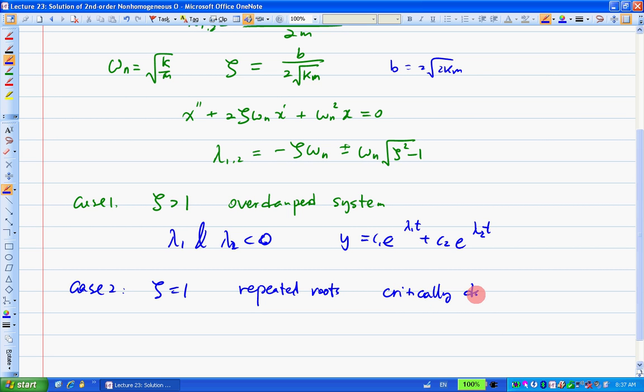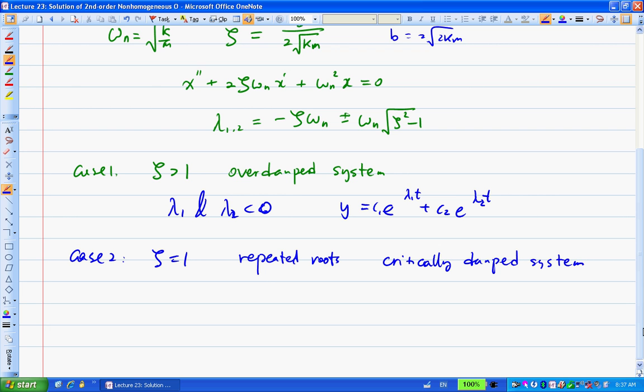So in this particular case, what we have is called a critically damped system. Why is it a critically damped system? Critical basically means this is a boundary. As you can imagine,